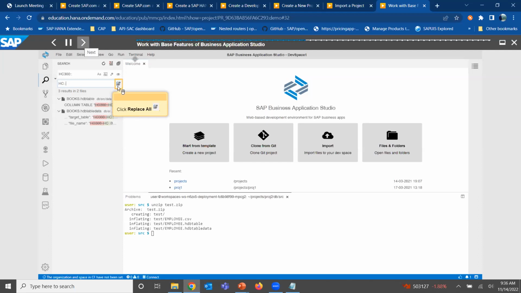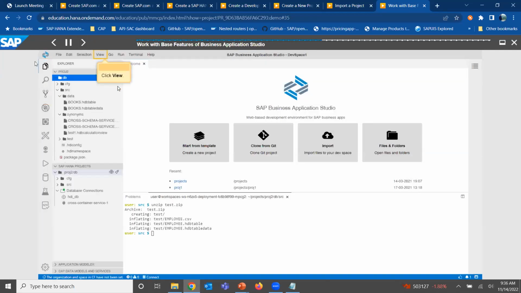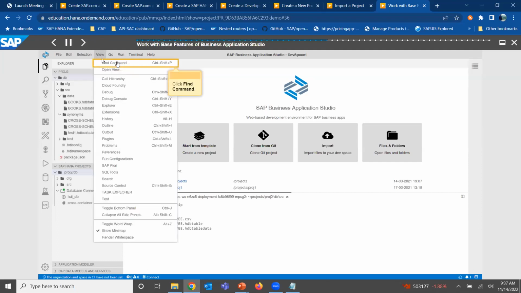So these menu bar options have basically gone to 3 bars at the top, so they are not separately visible. So some of these minor things here and there will come. So it should be fine. And this view find command option is, I think, changed to view command palette.